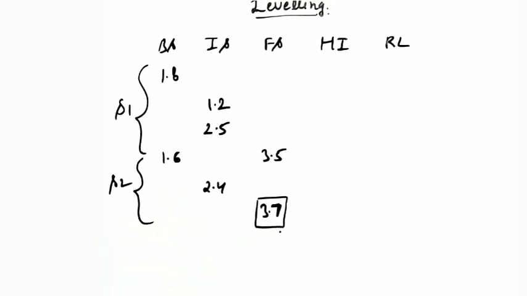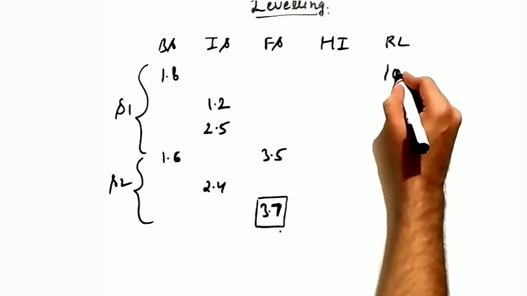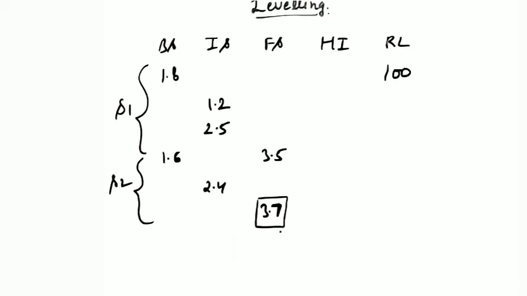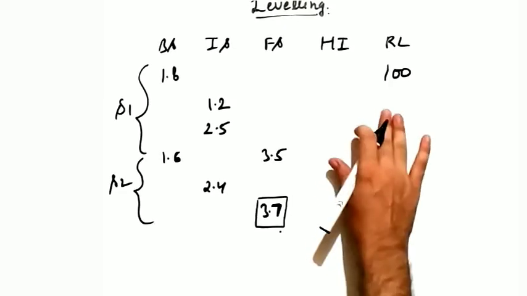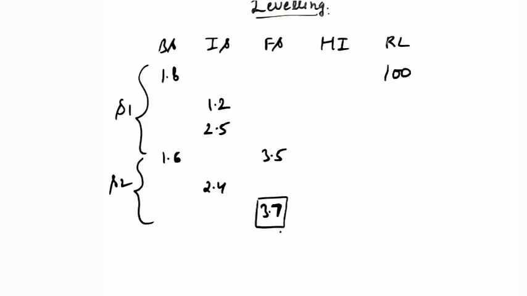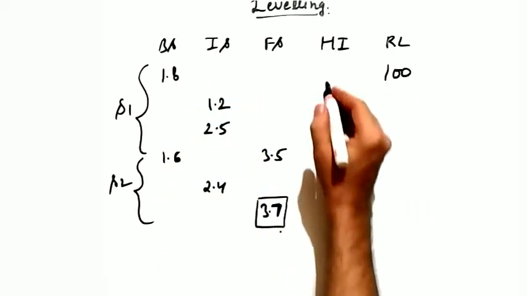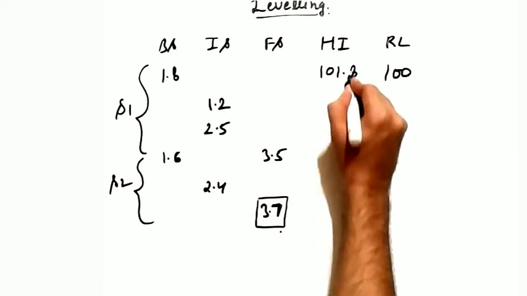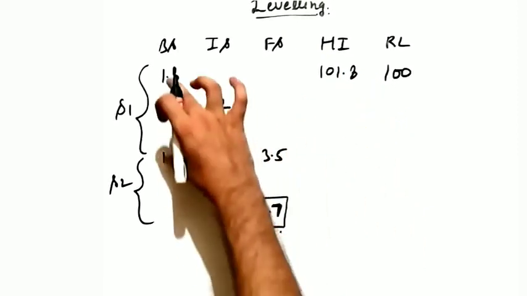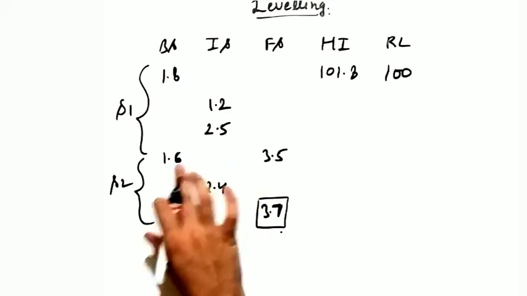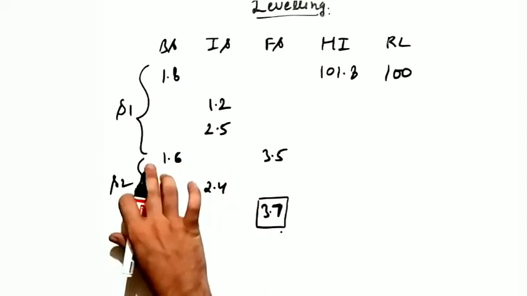So now we will study how to calculate the height of instrument, how to calculate the RL. The RL of the first reading is always given to you. You always take the backside reading at a station of which you already know the RL. So how to calculate the height of instrument of the first station? You will calculate it by adding the RL and BS. So it will come out to be 101.8. Now this HI will be fixed for this S1 station. It will change as you change the station. So it will change at this particular point.